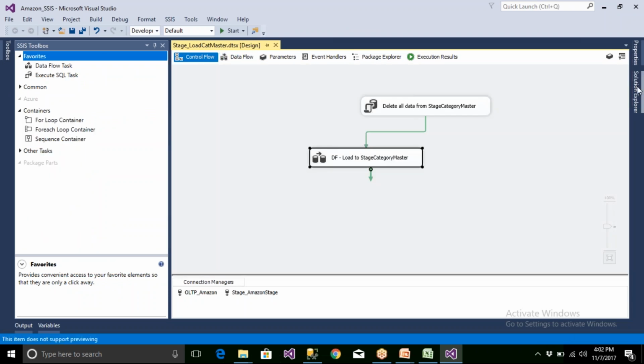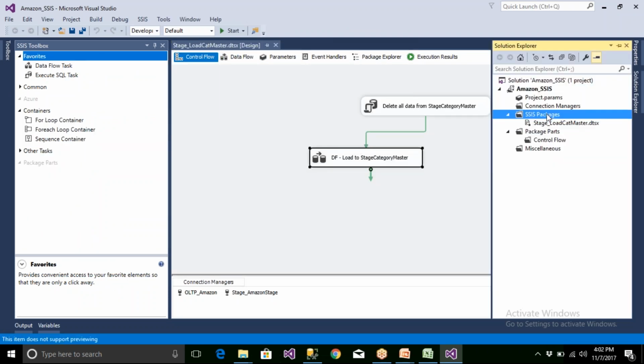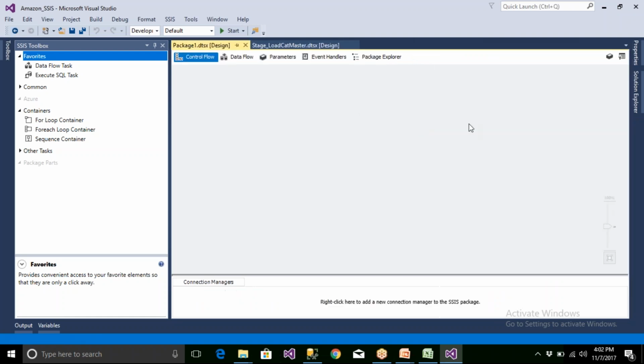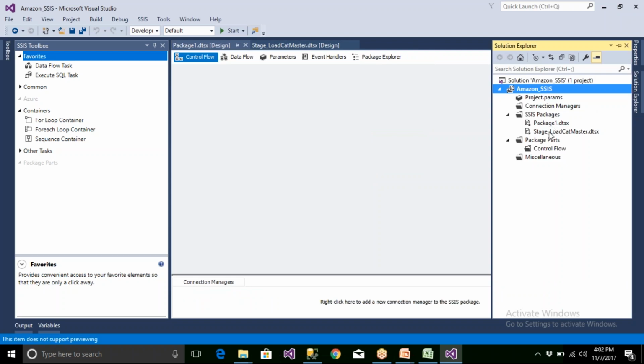So you take a new SSIS package. Now this time I have to rename the second table, stage underscore load. The second table is called product master. So this table I'm going to add here.